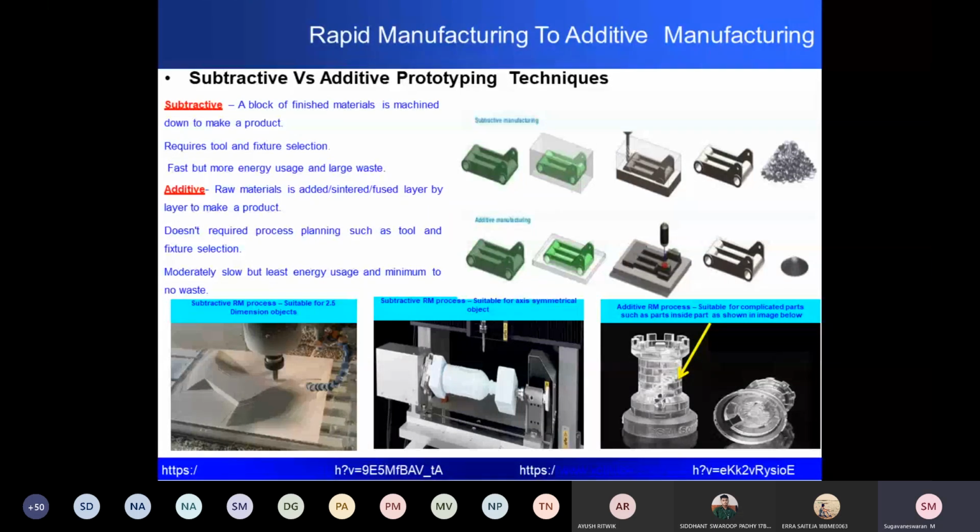Again, this rapid manufacturing can be done in two different ways: adding material and removing material. Removing has certain disadvantages. Adding has certain advantages as well as disadvantages. So in our subject, we are going to discuss more on adding material, that is, layer by layer we are going to add material. That particular process is named additive manufacturing. This is how prototyping, over a period of time, became additive manufacturing, right?